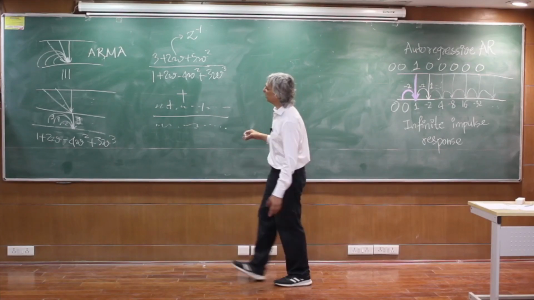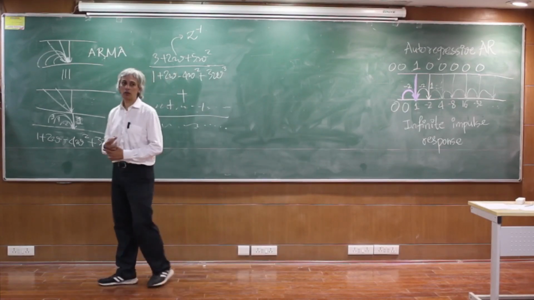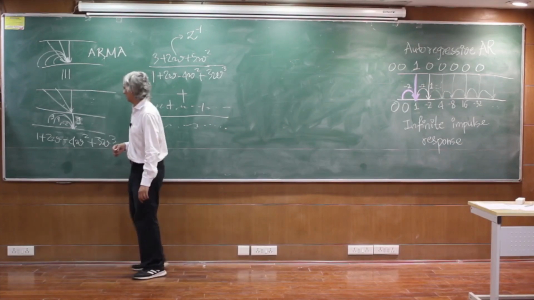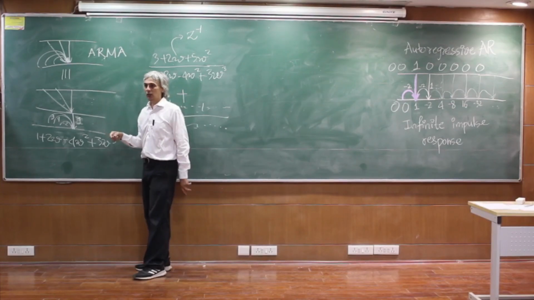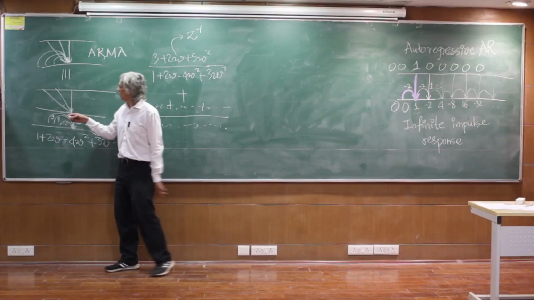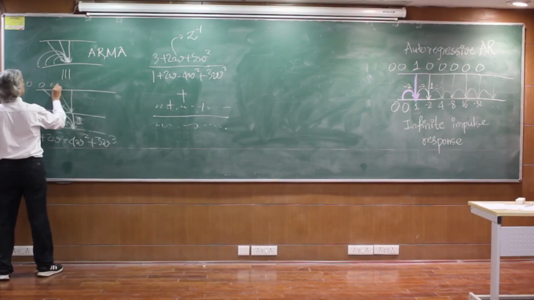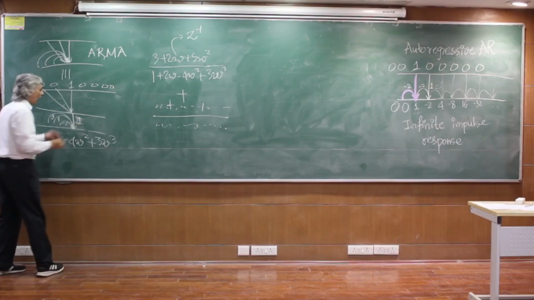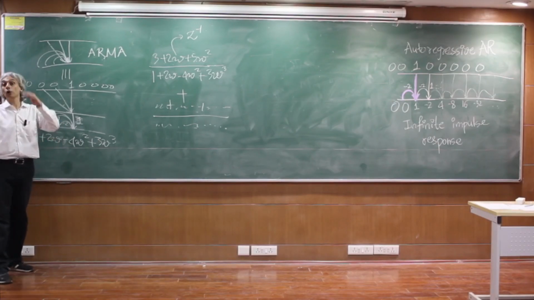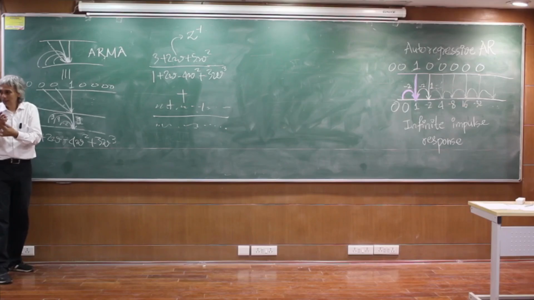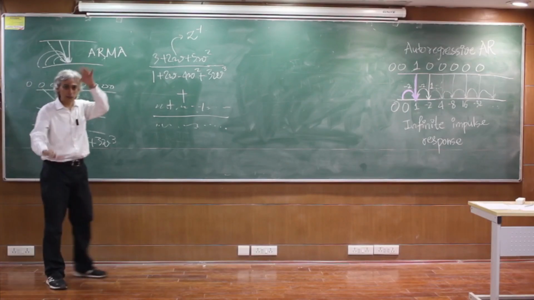So one question we might be trying to answer is, is an ARMA filter stable, what is called stable, okay? Which is basically, if I were to put an impulse input, I know I will get an infinite impulse response. So does this infinite impulse response die down or go on increasing? Okay, because it's going to be some kind of a geometric series kind of thing, right? And so the question of whether it dies down or maybe it goes on increasing